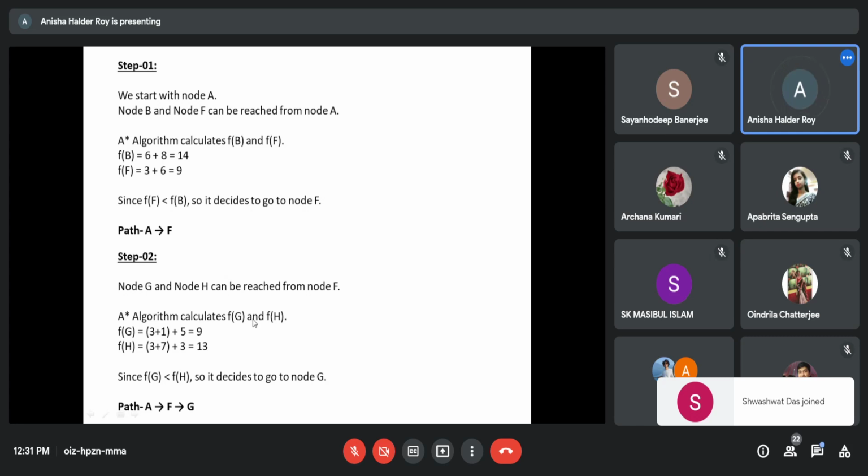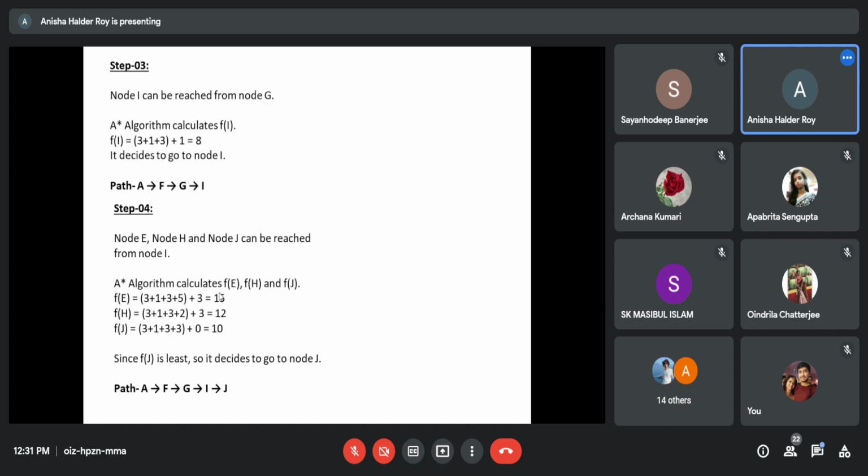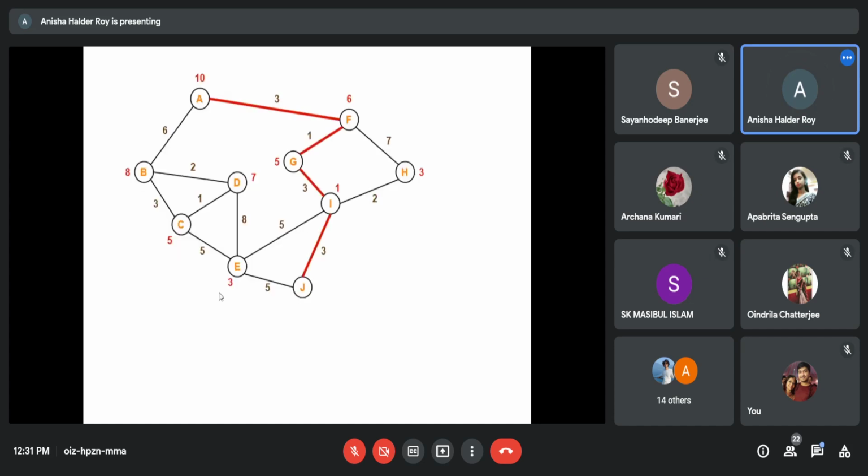Now, starting from I, it has 3 paths, right?